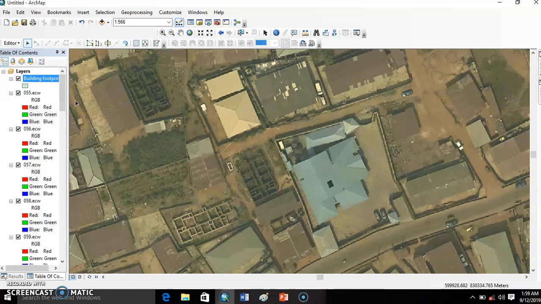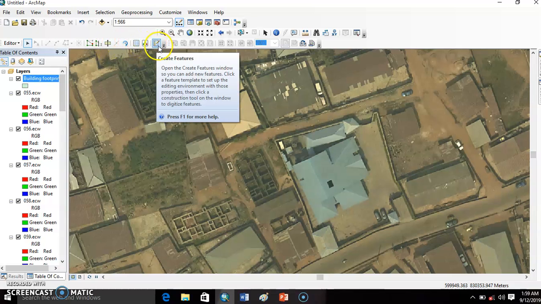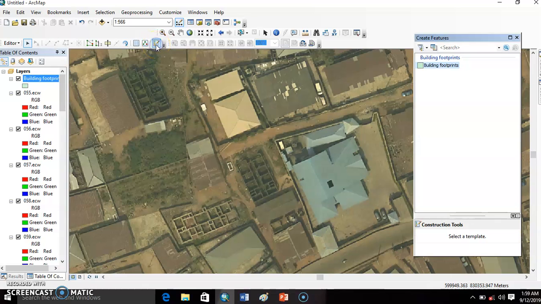We're going to make the file that you have created come on in editing mode, and then you see this feature will now be active. Then you say you want to create a new feature. You select create new feature.